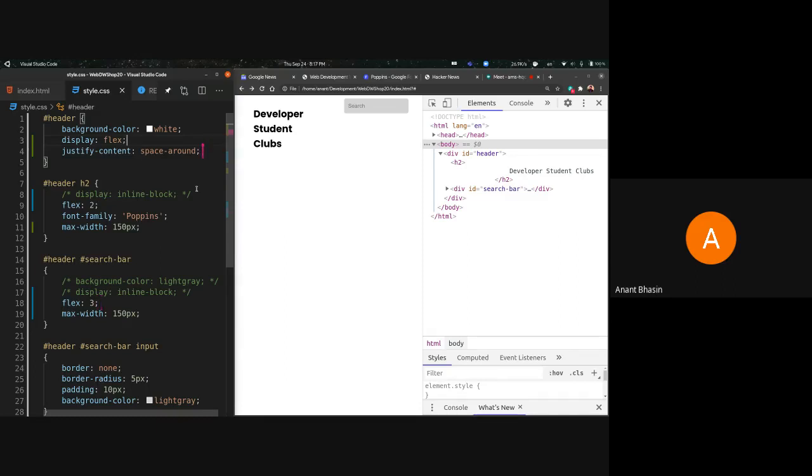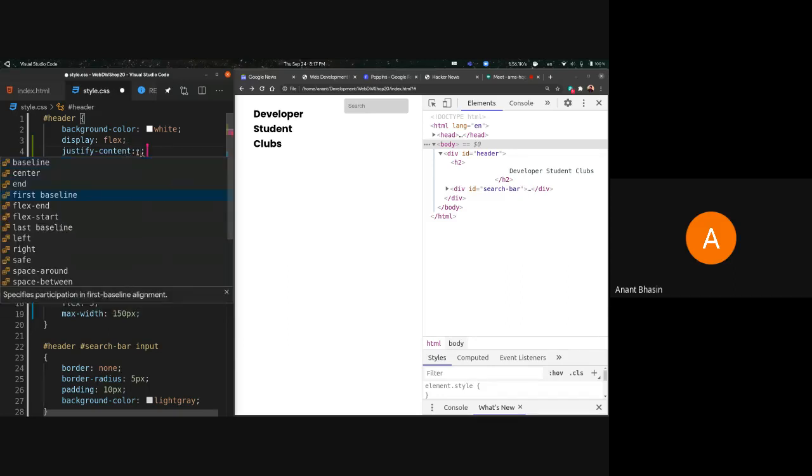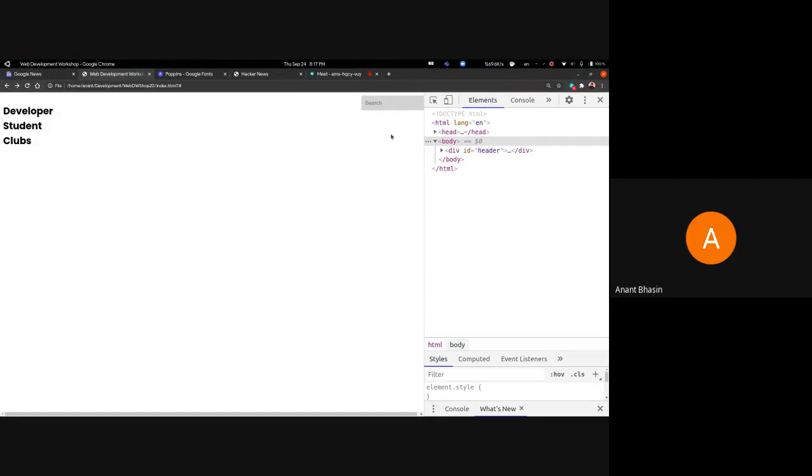for justify content. So there are a lot of properties over here. Now you can also see flex end and flex start. Like you can play around with those. They're not very useful a lot of times. But space around, space between, and space evenly. So space between is the only one left. Pretty self-explanatory. So there are the edges, then all the spaces between the elements.